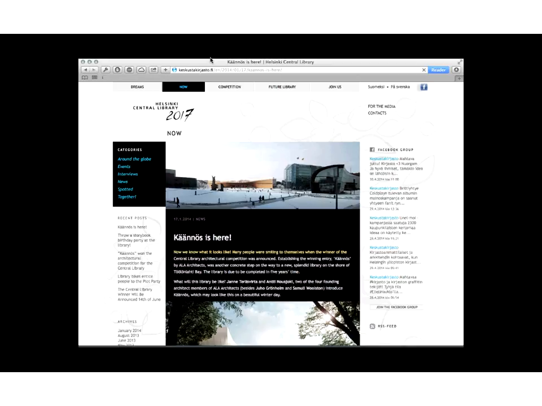Back to Helsinki and Library 10, they're opening up a new central library next year, and this library is going to have a sauna in it. Perhaps not contextually appropriate for the United States, but definitely appropriate for Finland, where sauna is a part of their life. Another cool experience thing from